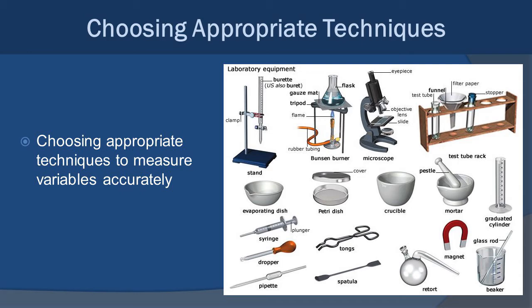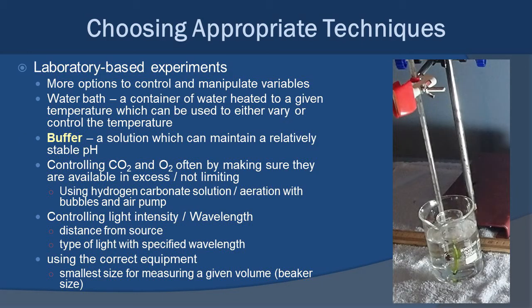Another thing you're going to have to do is choose the appropriate techniques, the appropriate techniques to measure the various different variables accurately. Now, I've given you an image here of all sorts of scientific laboratory tools, but there's also a whole other set of tools for the field. What are you going to use to measure them, and making sure that measurement is as accurate as possible? Now, in terms of choosing the appropriate techniques, there's a series of things that we can talk about, many more things than we can fit in this slideshow, but I'm going to give you some examples from a laboratory experiment-based